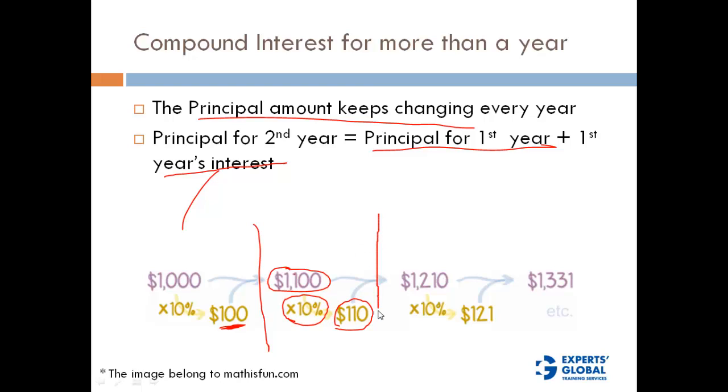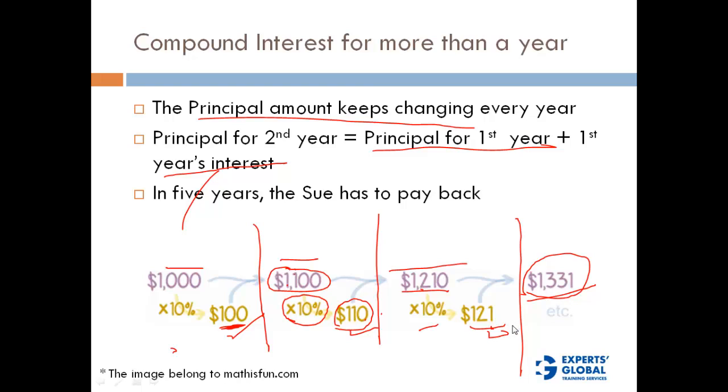So at the end of the second year, Sue has to pay back 1100 plus 110, which is 1210. 1210 acts as the principal amount for the third year, the interest of which at a rate of 10% is going to be $121. So at the end of the third year, Sue has to pay the bank 1331, which is 1210 plus 121. So you will see that this interest amount is rising every year, 100, 110, 121. Also the principal amount is increasing every year. That is because every subsequent year the principal includes the interest paid for the previous year, right?